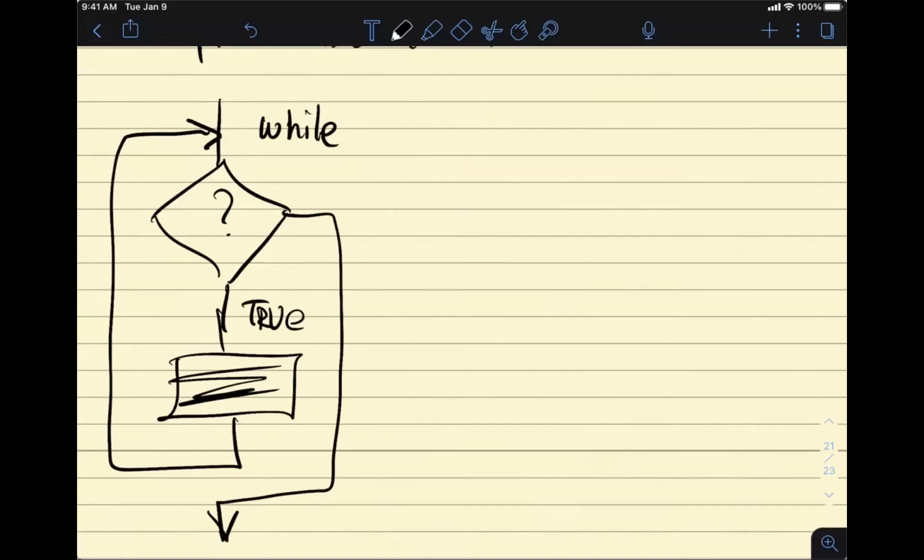Now the for looks just like this, with a little bit of addition down here at the bottom. Okay, so let's draw that.